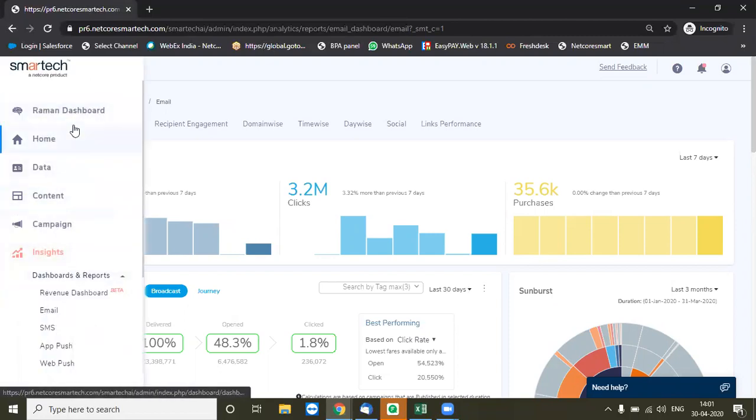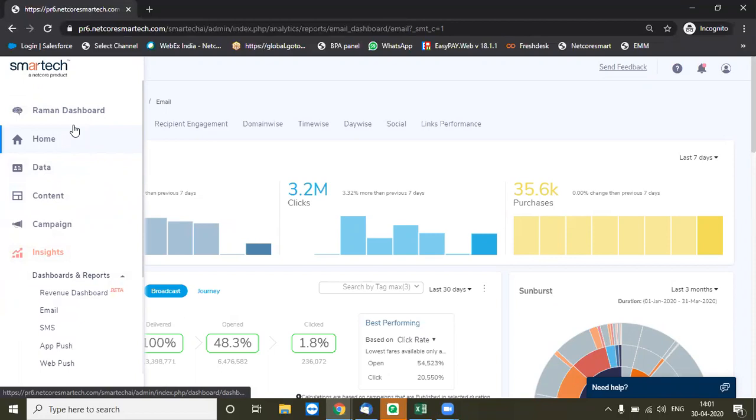We have this menu table. The idea behind taking you through the session is to understand what all things are there in the platform, what all things you can explore, and depending on your marketing goals, what is the way ahead and how you can achieve them effectively.